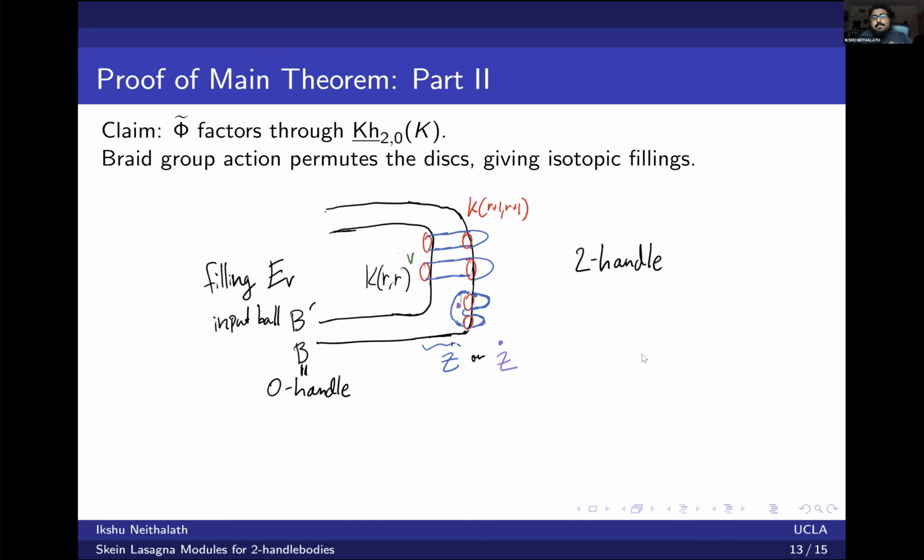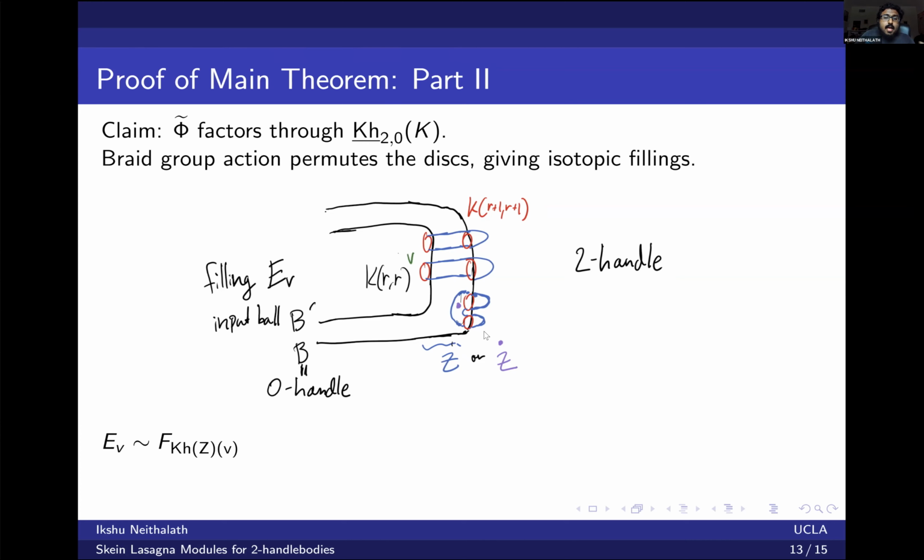So I want to make this look like something in the image of phi tilde. And so I'm going to have to do the process I just explained that proves the surjectivity, which is just to make it look like something in the image of phi tilde, I have to evaluate away everything in the 0 handle. And that's precisely this cobordism map, this cobordism Z. So what happens is the evaluation will just be applying the cobordism associated to Z to this element V, and that produces some element in the Khovanov homology of K of R plus 1, R plus 1. And then you'll erase everything in the 0 handle, and then you'll have something that looks exactly like the fillings